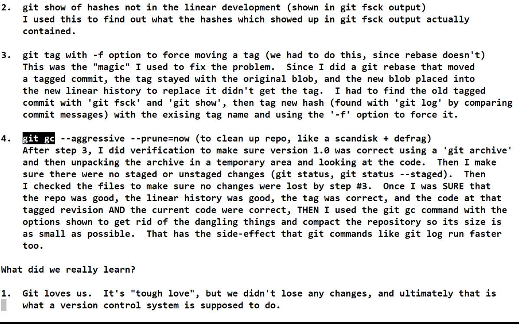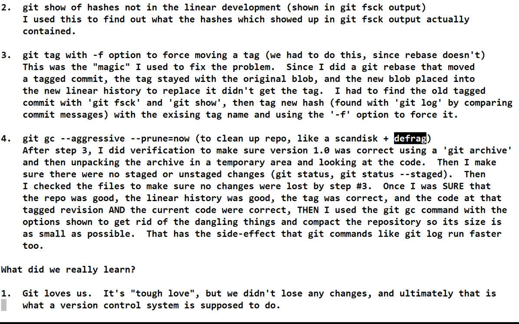And basically, if you're a Windows person, with these options, it's sort of like doing a scan disk and then a defrag on some Windows drive, like drive C or drive D or drive E. So the scan disk finds problems and says, do you want to fix it, yes or no, and you say yes. And then the defrag says, get rid of any fragmentation and any stuff we're not using, and get all the good stuff and move it to be